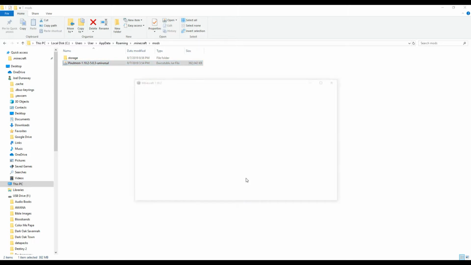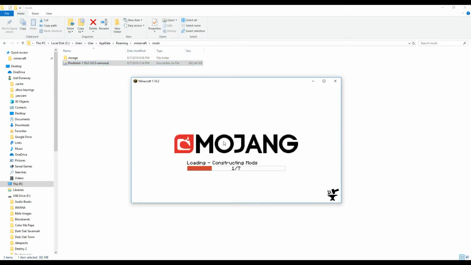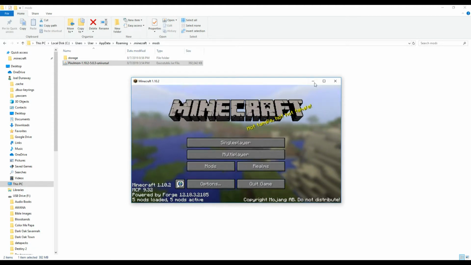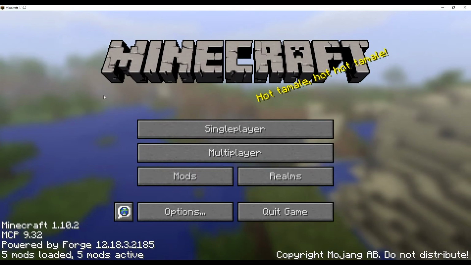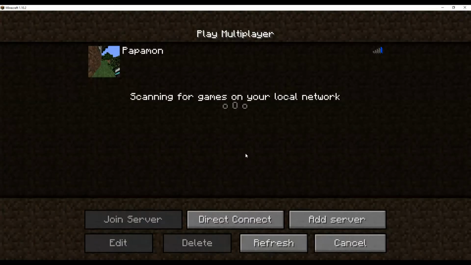If you have never run Forge before, it might be a good idea to run Forge, close out Minecraft, then put Pixelmon into the mod folder, and then run all of it again. Some computers just really like that a whole lot better, and it'll take a while. Okay, and once it's up, you go to multiplayer,